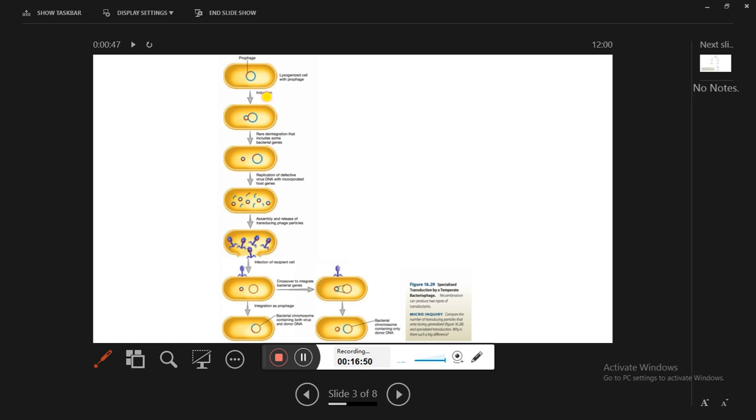And at the time of induction, previously we have stated that UV light causes the induction, and induction is nothing but the excision of the phage genome from the bacterial chromosome. Bacterial chromosome ની અંદરથી phage genome excise થઈ જાય, it is known as induction, and this induction follows the lytic life cycle. At the time of induction, when this phage genome